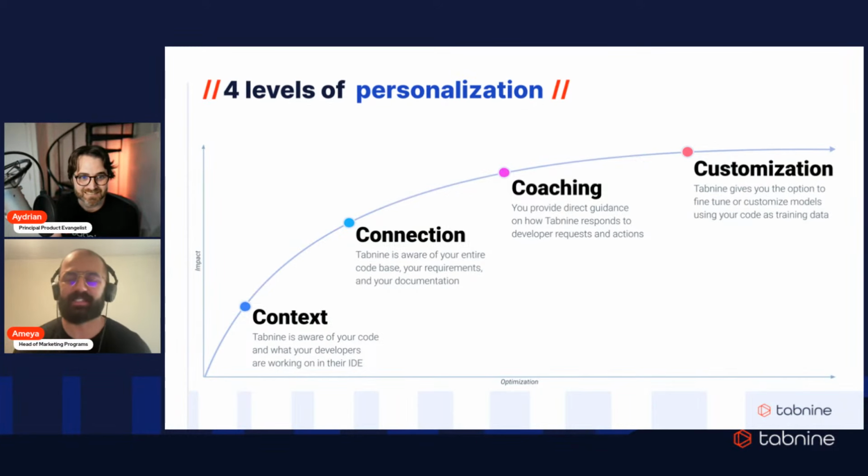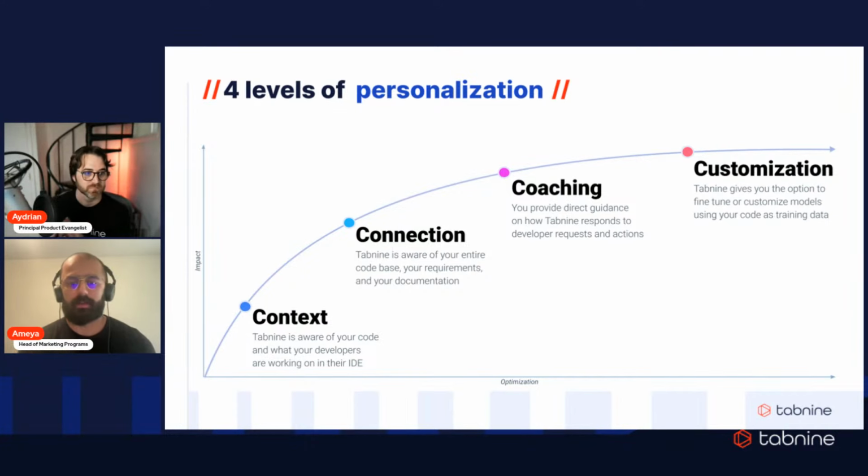This progressive personalization optimizes how Tabnine generates recommendations that are relevant to your apps and approach and fit your existing patterns and standards. Some of these features are only available in Tabnine Enterprise, but that first level of context is available on Tabnine Pro. That's what we're going to be focusing our demonstrations on today. As you can see from the X and Y axes of impact and optimization, context is really going to give you the biggest lift. Context can even be something as simple as something you did earlier today. So Aydrian, you want to walk them through the 4 levels of personalization?